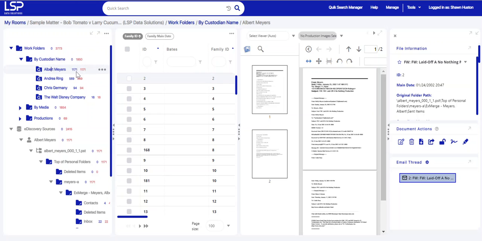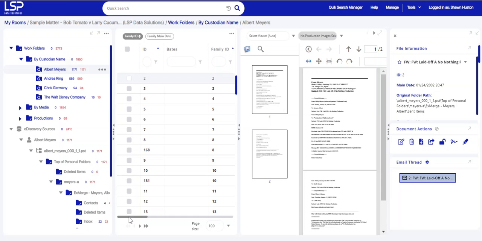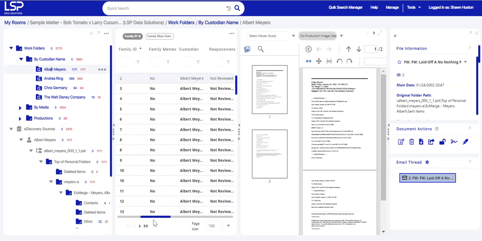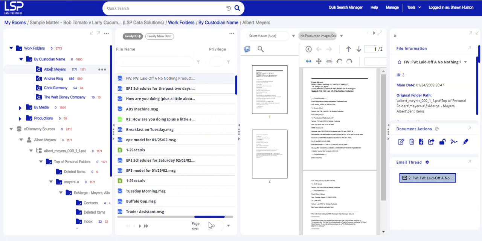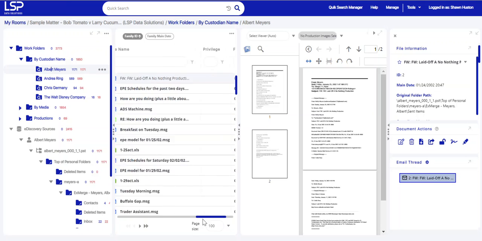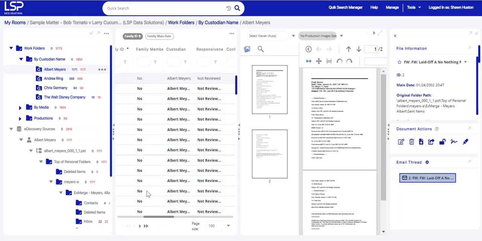To view these first 1,171 documents, you would click on this folder here, and then this document list lists the documents in that folder. If you scroll over, you can see metadata fields that are available, whether it be file name, dates, tags, things of that nature. We can add to this